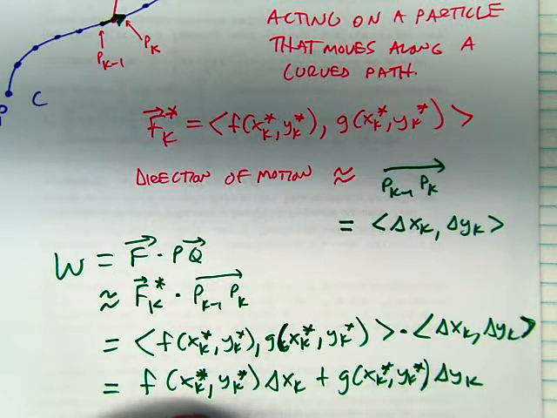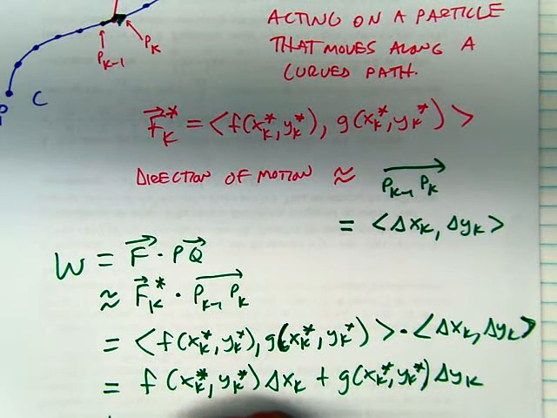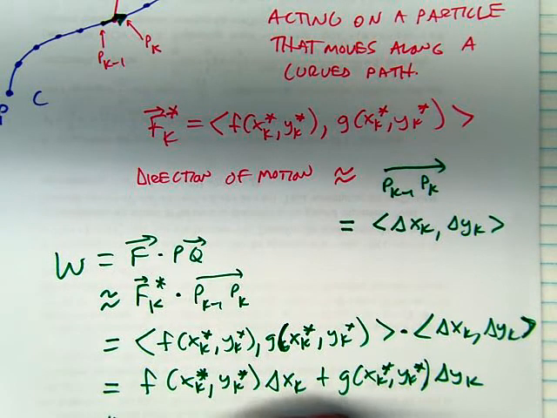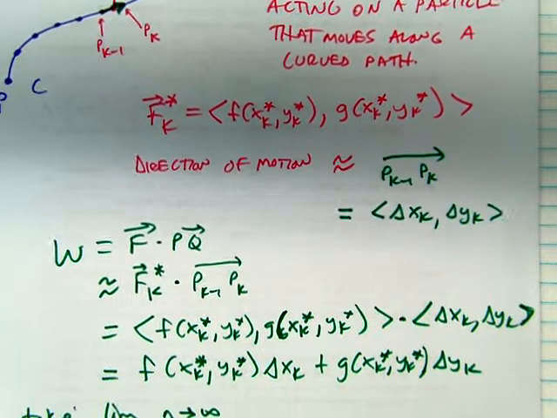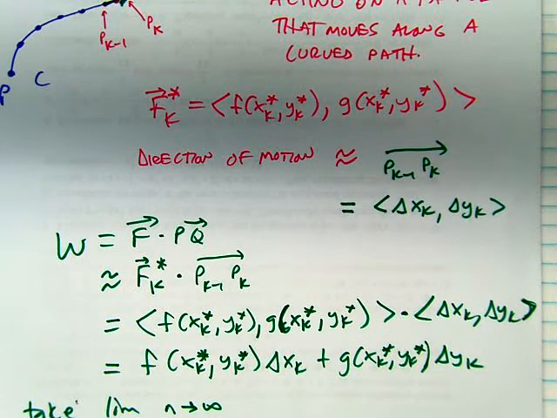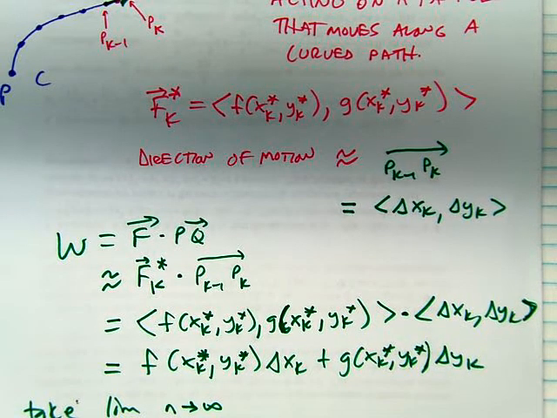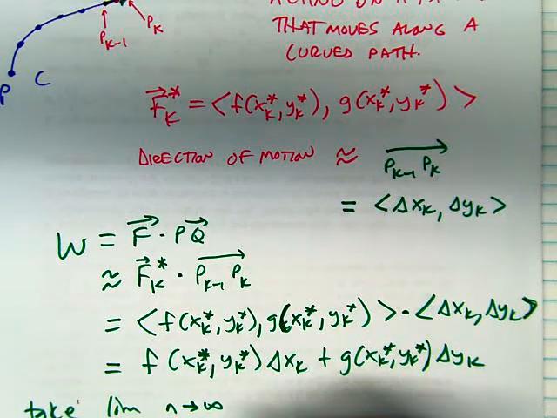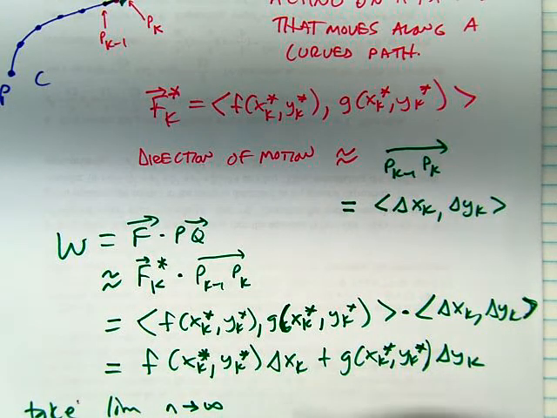Now, if we take the limit as the number of these partitions increases to infinity, now we have the Riemann sum from k equals 1 to n